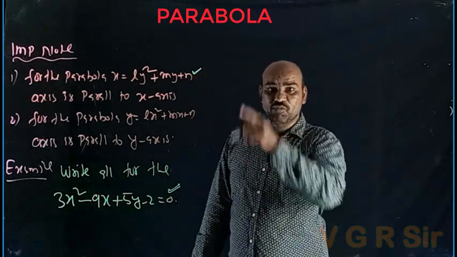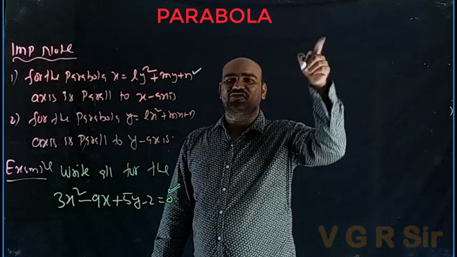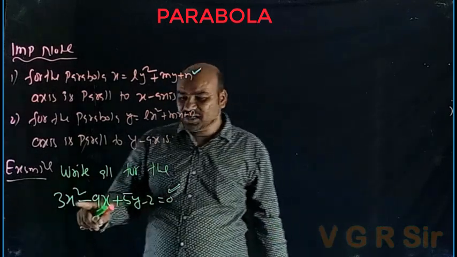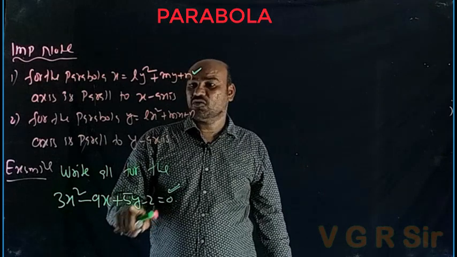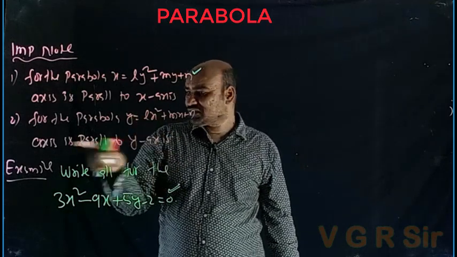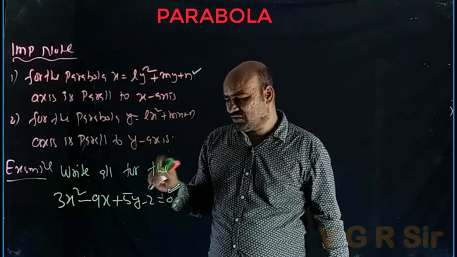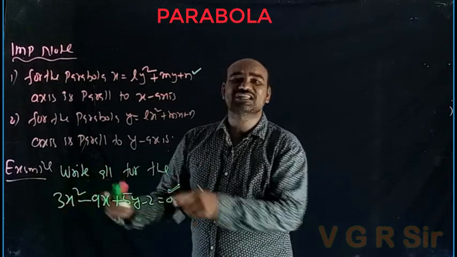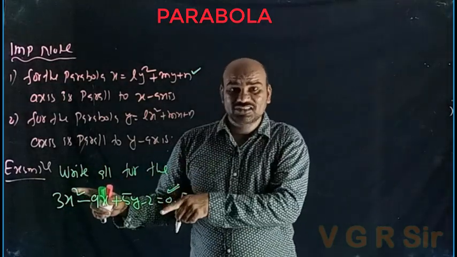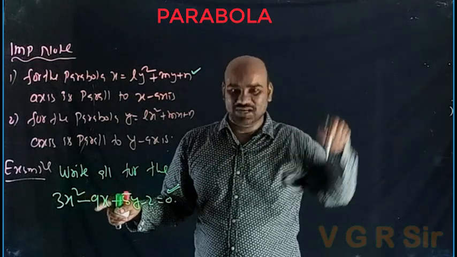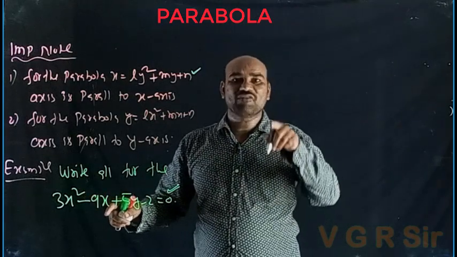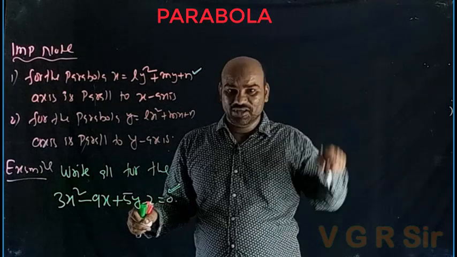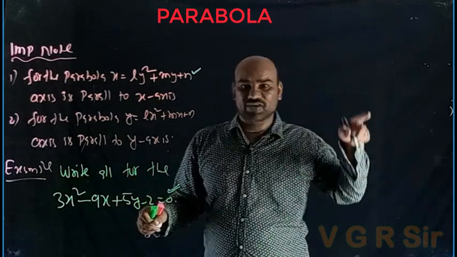We want to identify among those 4 which standard form has its vertex shifted. Quadratic in x, linear in y. Its axis is parallel to the y-axis. Whatever it may be, to find everything about this, you want to try to write it into standard form. Standard form means what? Try to write this in the form of capital Y square equal 4a capital X, capital Y square equal minus 4a capital X, or capital X square equal to 4a capital Y, or capital X square equal minus 4a capital Y form. Okay, observe here.